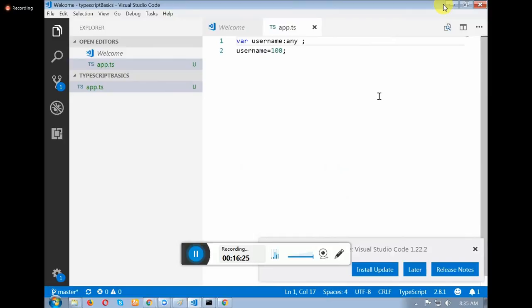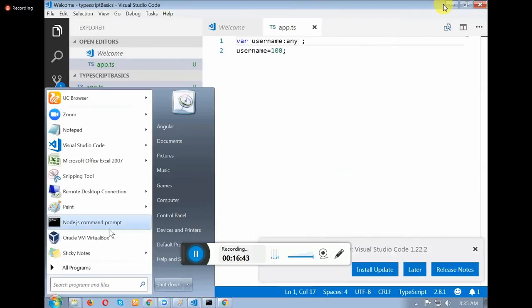Everything in small cases. This particular command you need to run in the which command prompt? Node.js command prompt. As an administrator, be an administrator. Look at this. Right click. Node.js command prompt came here or not? Run as administrator. Yes.